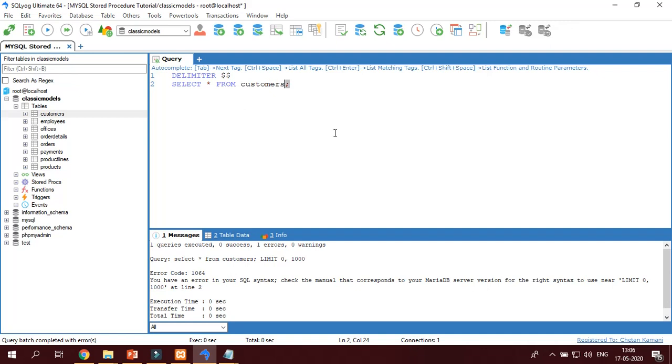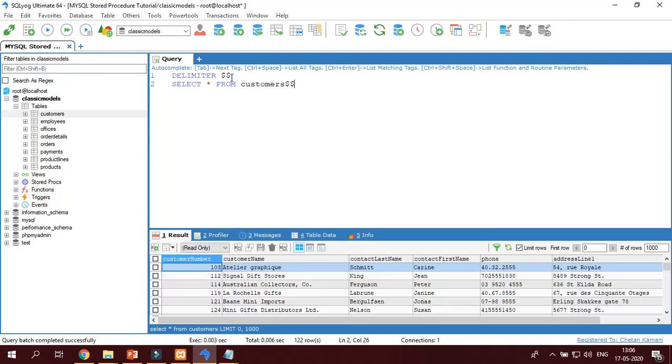Instead of semicolon you must write $$. Now it is working fine. If you want to use double slash as the delimiter, then double slash, and that is working fine. And if you want to set semicolon as the delimiter, then delimiter semicolon. This is your default delimiter.